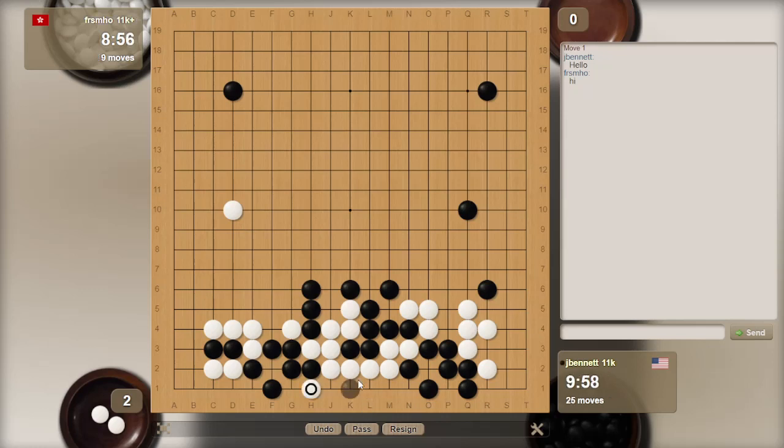He took the eye away, so I can Atari and Atari. Yeah, I can Atari my way out of here. Too bad I can't net that stone. Be nice if I could. Would be nice if I could just...